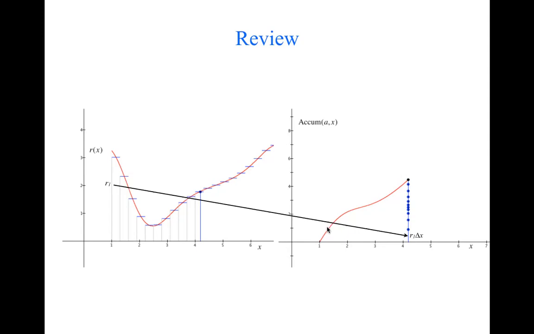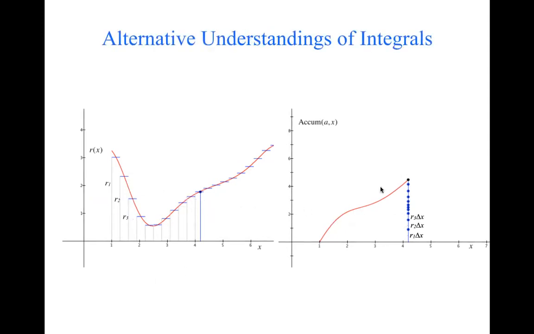But those blue dots correspond to the heights that are delta x units apart along this accumulation function also. So the second rate gives us a little more, the third rate gives us a little more, and as we get more and more of these, they contribute to this accumulation over here. Now, another way to see this